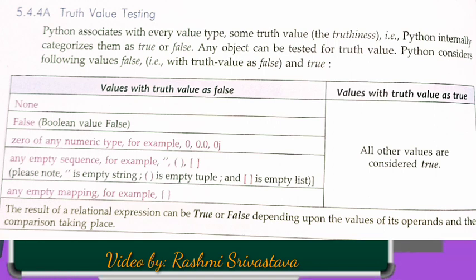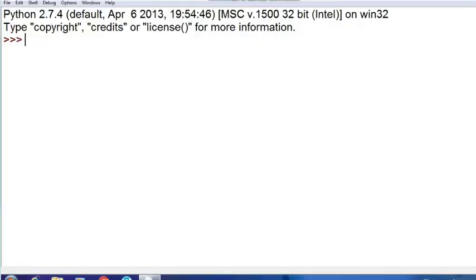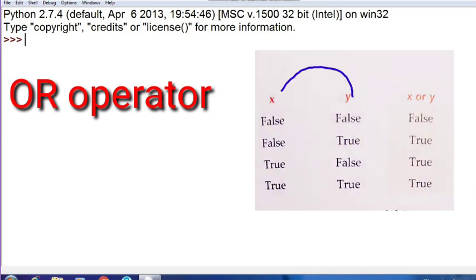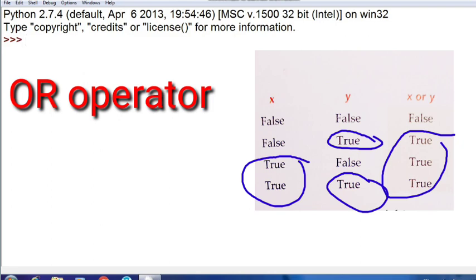So let's see how truth value works with the different kinds of logical operators, which are or, and, not. Let's see the OR operator and how it works with truth value testing. The OR operator combines two expressions, which make its operands, and it evaluates to true when any operand is true. If the first operand is true, it will not jump to the second operand to check the condition. Okay, so let's see how we can check.